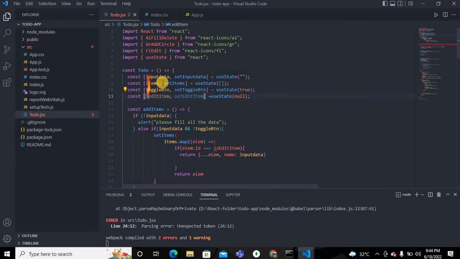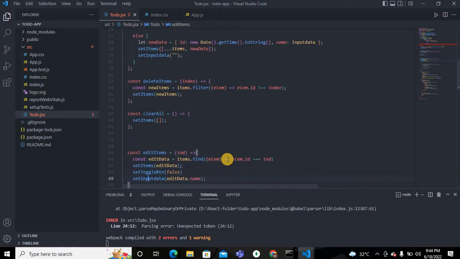Okay, this is edit item, and this is edit item is null in the initial state, but when the user clicks the edit item,